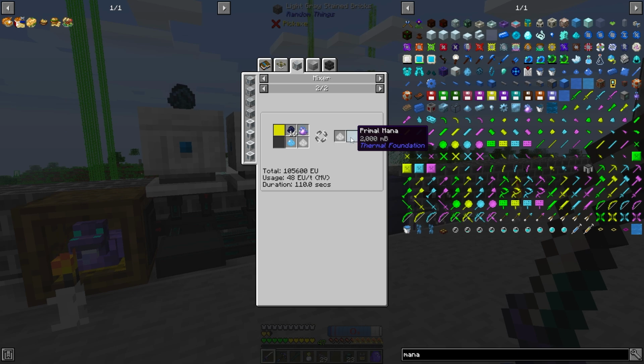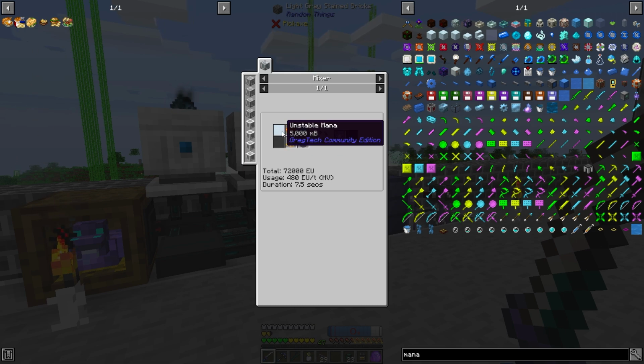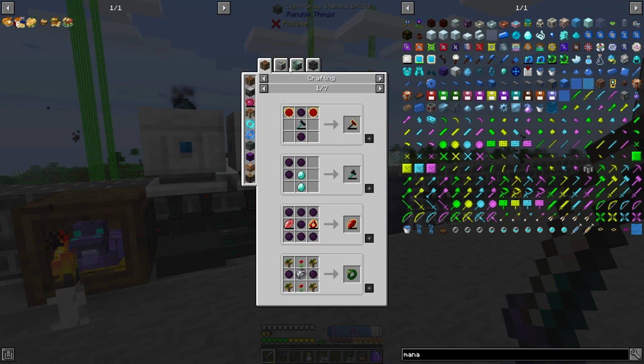It's because you get more primal mana for your mana dust. There's also this recipe, but you only get 1 bucket for 1 mana dust. This is quite expensive, being 5 buckets of unstable mana. And then once we have primal mana, we can make dark matter, which is my current objective of sorts, I